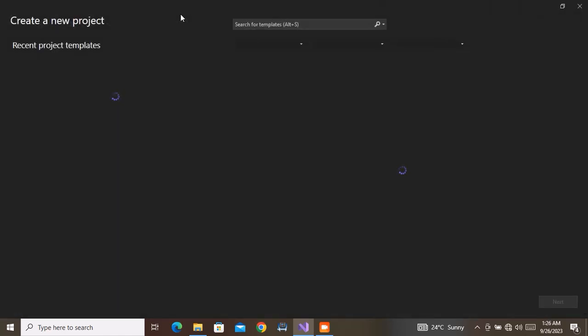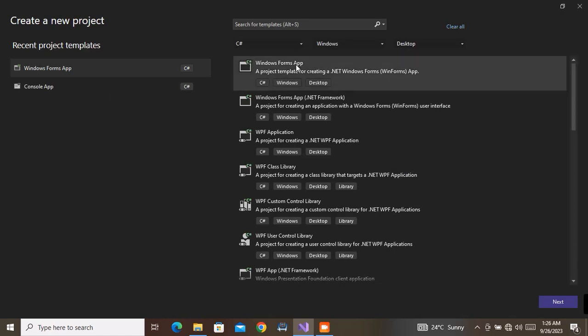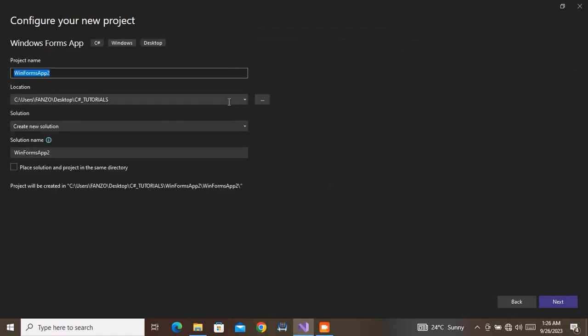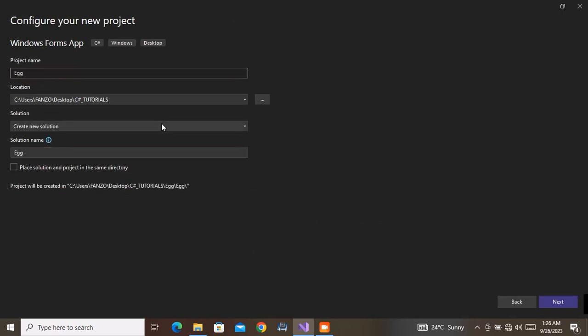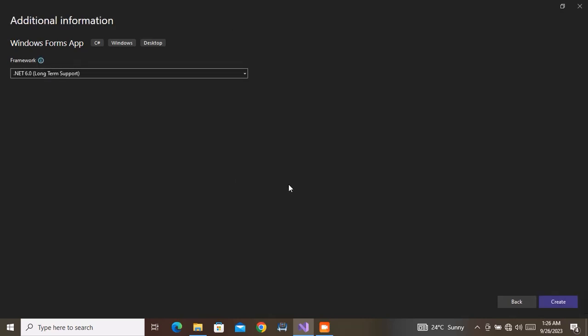So here we are in Visual Studio, and the very first thing that we will do is create a form, and let's just call this form an egg calculator. It will be saved inside of this, and we will just try to compile this. Okay, so what we need,